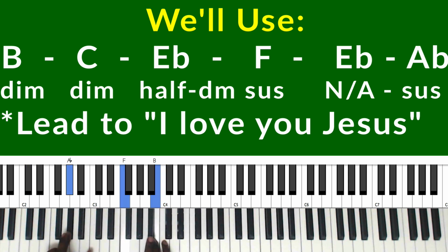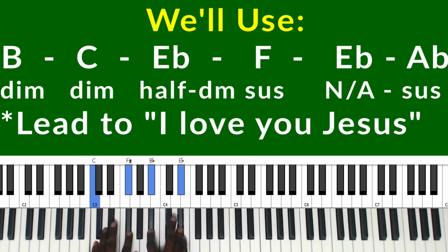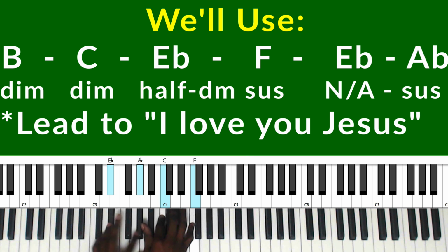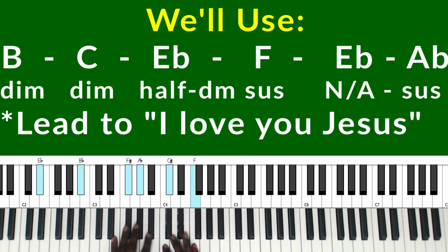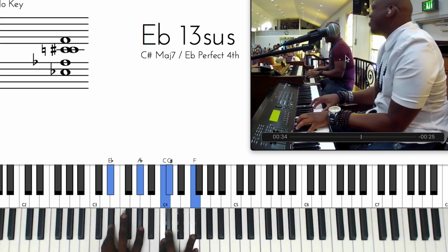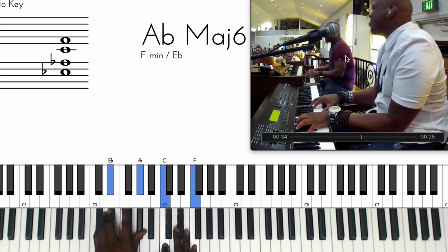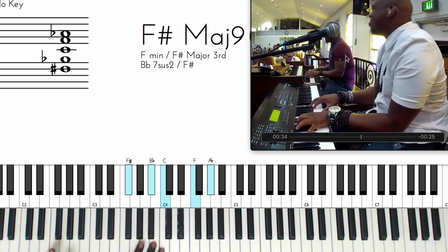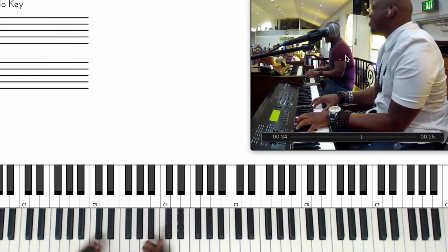So here I did that diminished here, diminished there. I did the half there. Then here I went to, okay, I decided I changed it here. I was thinking an E flat sus, so I wanted to go. That's the chord I was thinking. Rootless, of course. But I decided instead to do diminished there. Okay, now this is something that again, what I'm doing is I'm choosing the melody first,